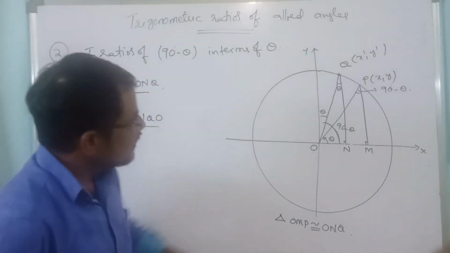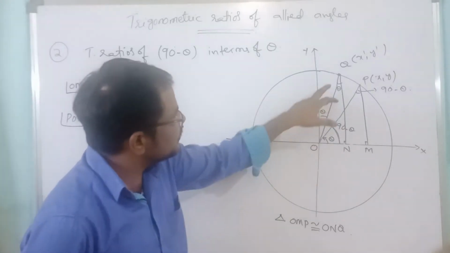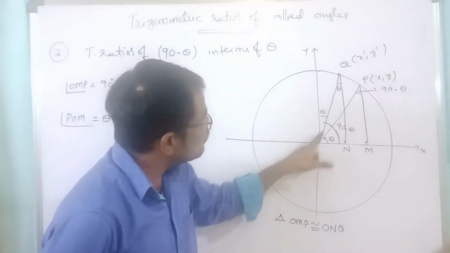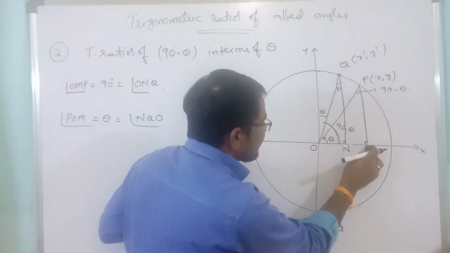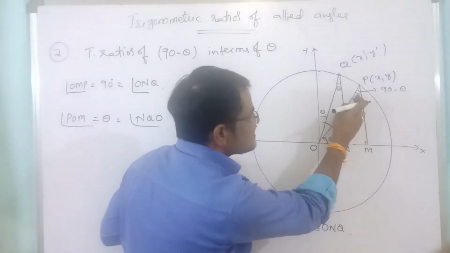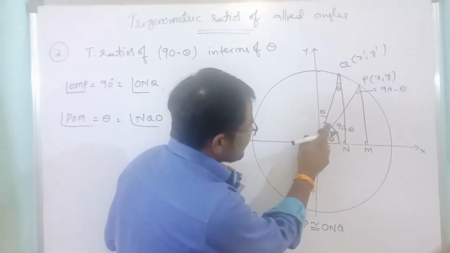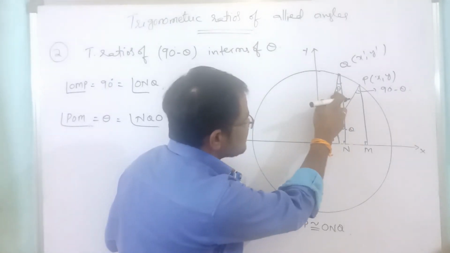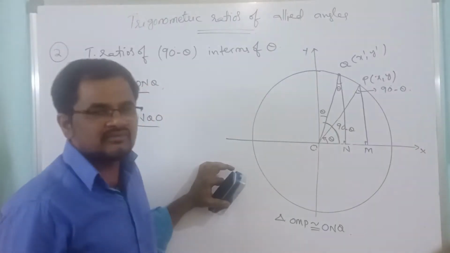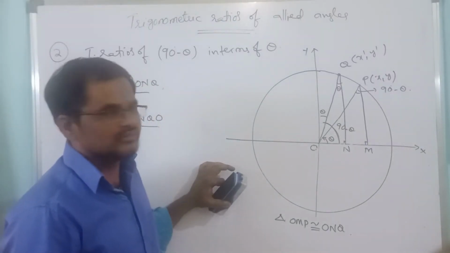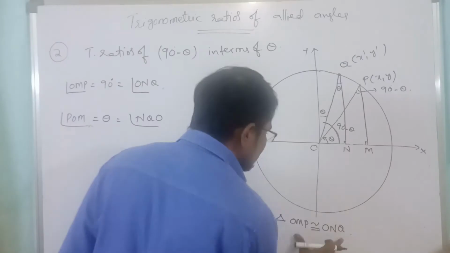And here angle NOQ is nothing but angle OPM, right? So from triangle OPM, this is theta, this is 90, this is 90 minus theta. Satisfied now? 180 you will get. Here to here it is 90 minus theta and this is theta, so definitely here it is 90, and the sum of the three angles is 180 only, right?